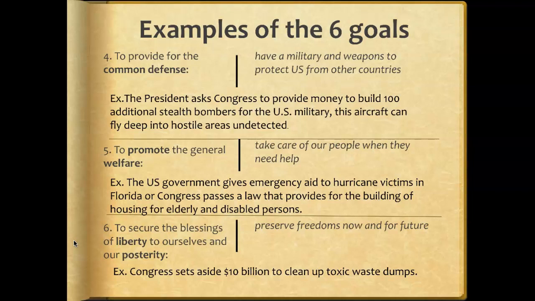And so an example of this would be if the United States government had to give emergency money or aid to hurricane victims in Florida. Another example of promoting the general welfare is if we pass a law that provides funding for the building of specific housing for the elderly or disabled, and that would be to take care of our citizens when they need help. And then the last thing is to